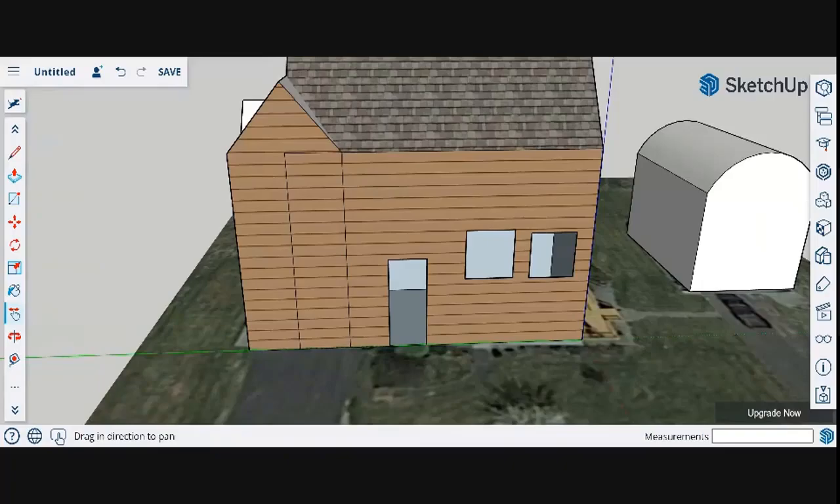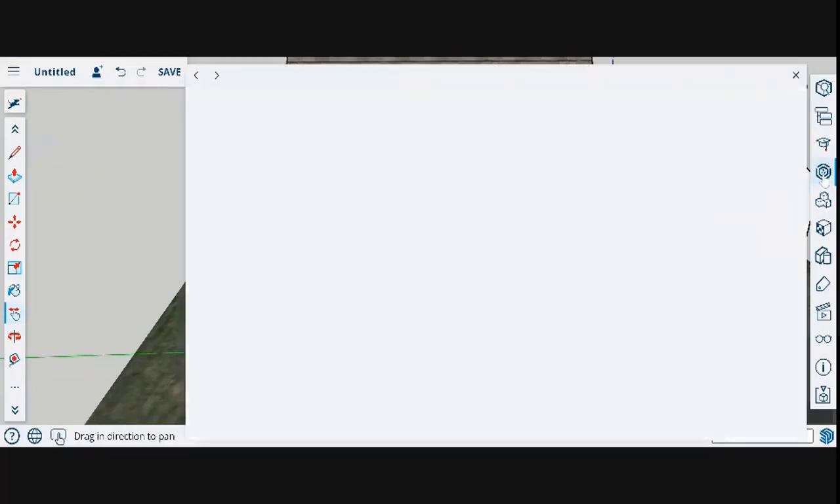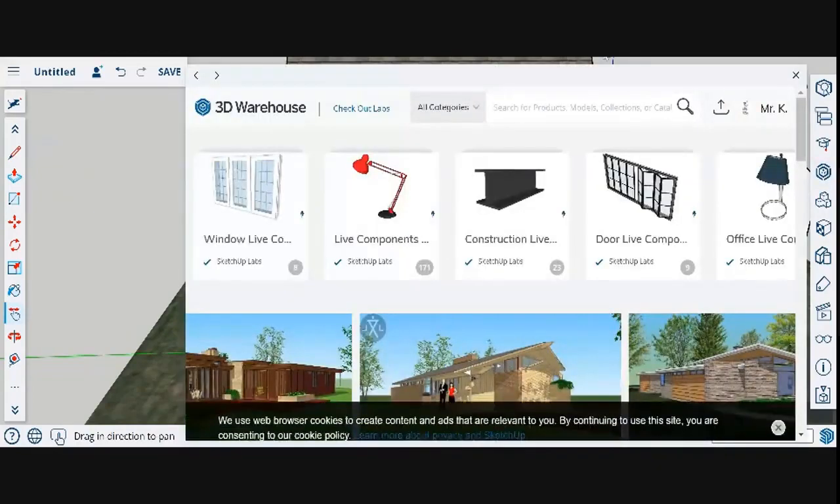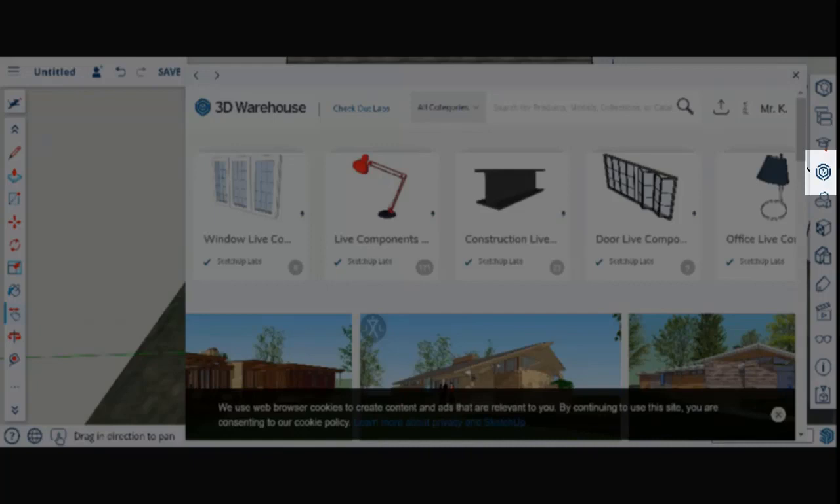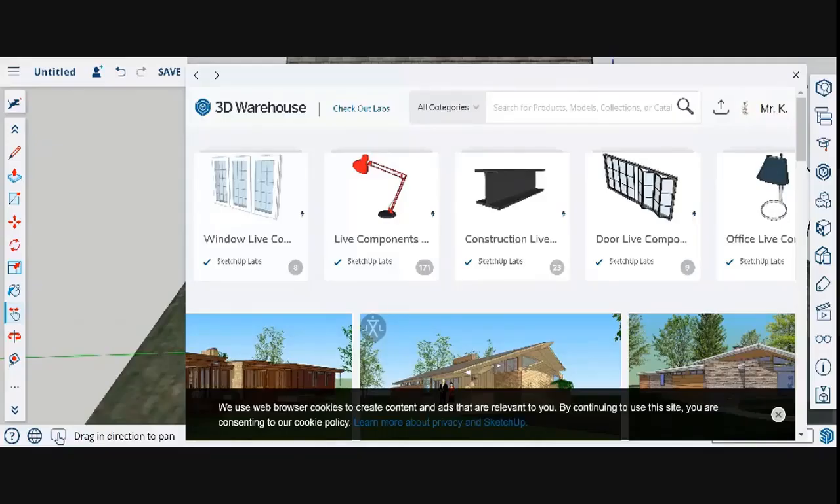So what if I want a real door or window, not just this? Over on the right, there's the 3D Warehouse. I can click the 3D Warehouse and search. So I can say door,